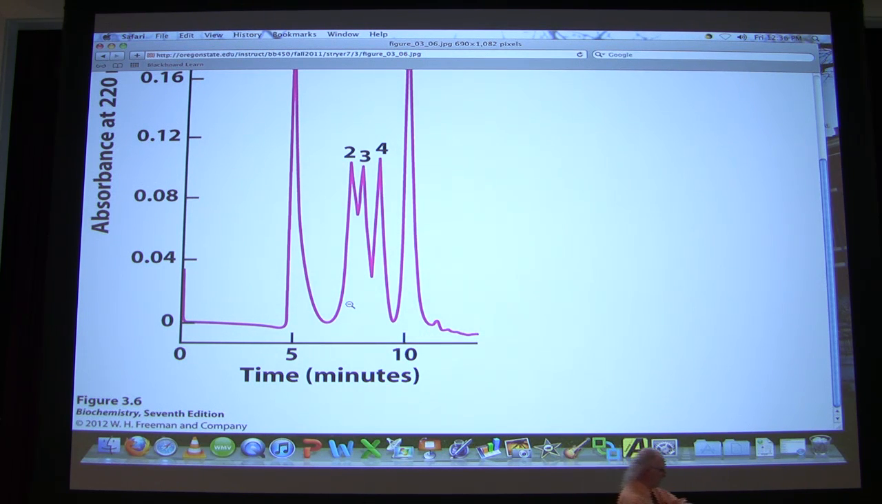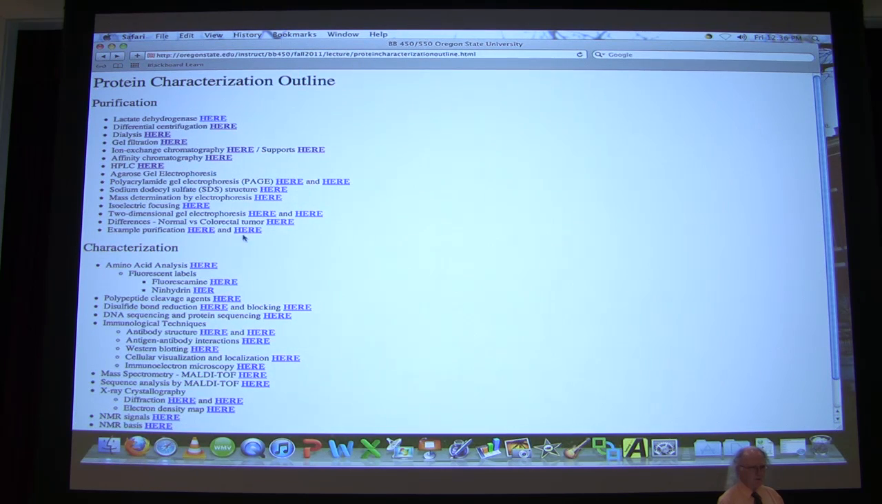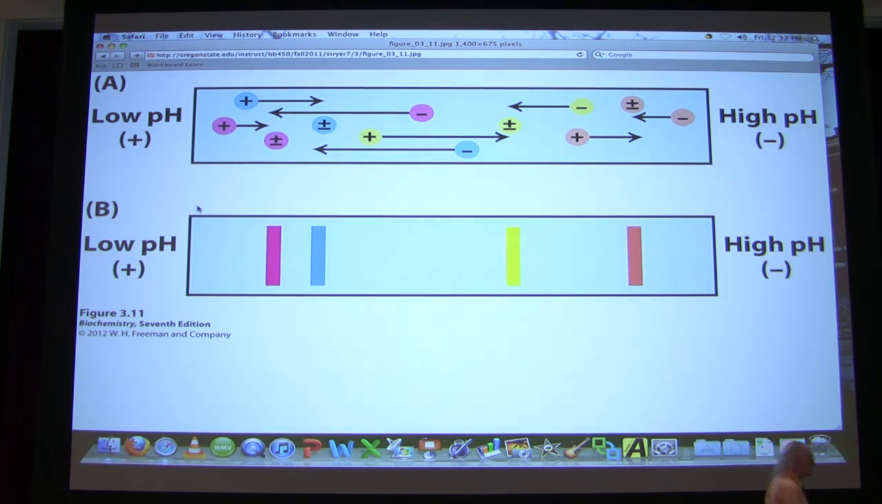Okay. Now, I want to spend a few minutes telling you about a couple of techniques that now get into some really cool stuff with respect to purification of proteins. Okay? I'm going to skip down. I'm going to come back and talk about polyacrylamide gel electrophoresis later and SDS. What I want to talk about right now is an interesting technique called isoelectric focusing. Okay? Isoelectric focusing